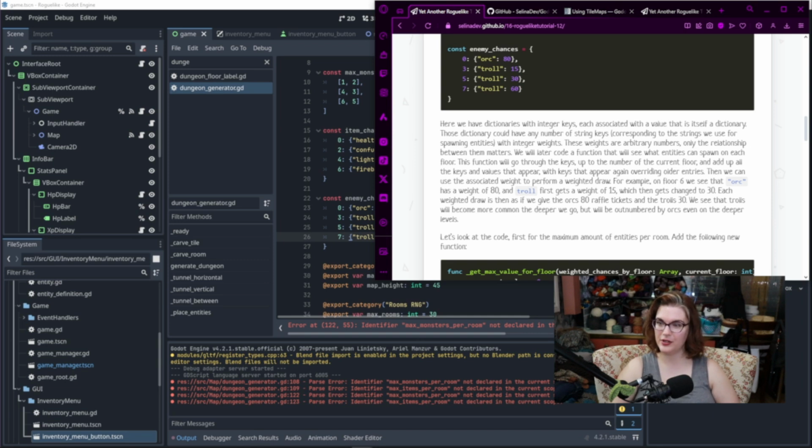Later called in a function that will see what entities can spawn on each floor. This function will go through the keys up to the number of the current floor and add up all the keys and values that appear, the keys that appear again overriding the older entries. Then we can use the associated weight to perform a weighted draw. For example, on floor 6 we see that orc has a weight of 80 and troll first gets a weight